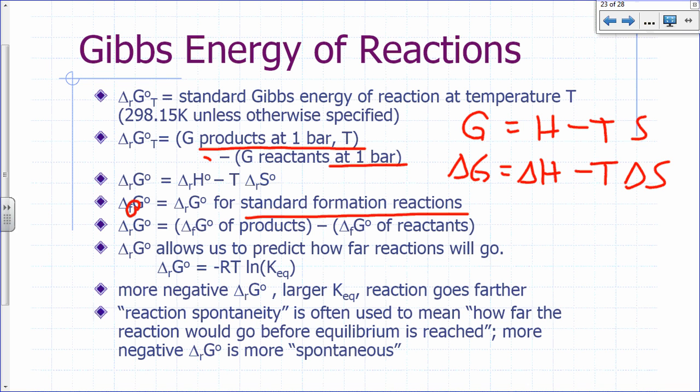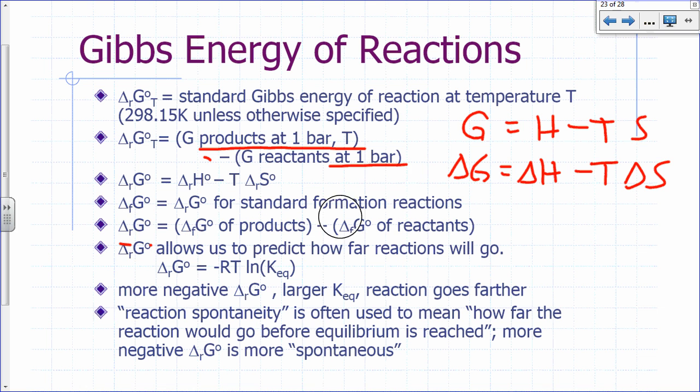The delta G of formation would be delta G for a reaction where you have 1 mole of the indicated product from elements in their standard state. And so just like delta H, you can calculate the standard delta G for a reaction: the delta G of formation of the products minus the delta G of formation of the reactants. And looking ahead,